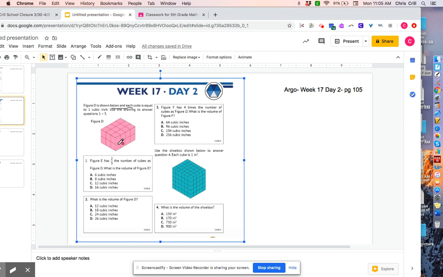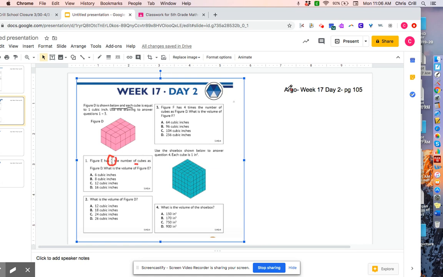We could count 6 cubes and 1, 2, 3, 4 layers of 6. Or if we look at the top here, we have 4, 8, 12, 2 layers of 12. So figuring out the volume of figure D, and remember,